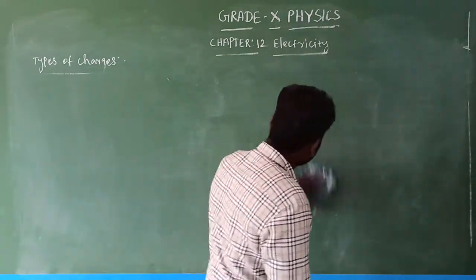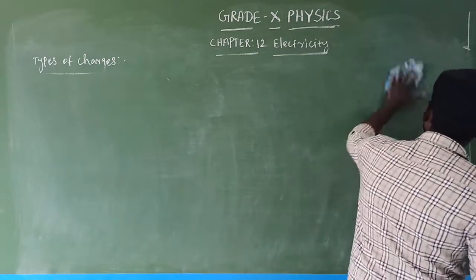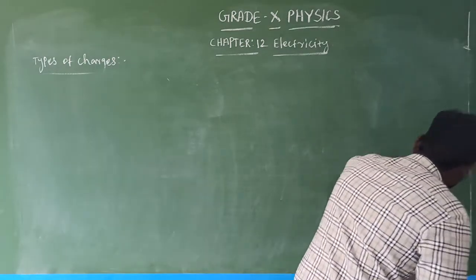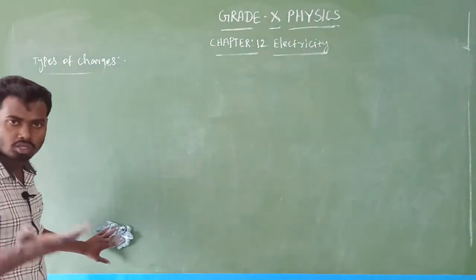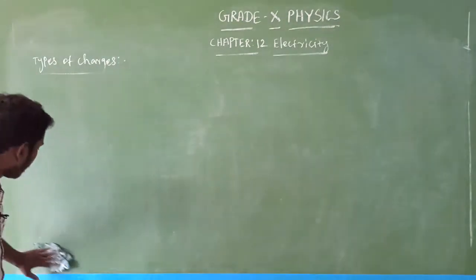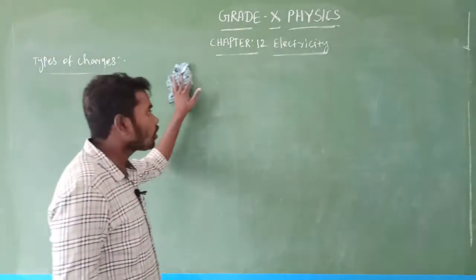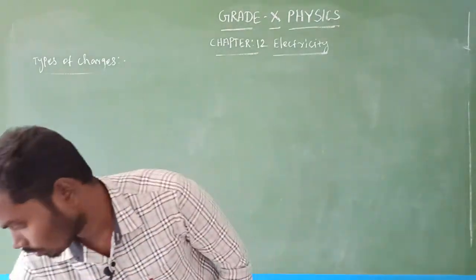So already we know what coulomb is. Coulomb means nothing but the SI unit of electric charge. 1 coulomb contains how many electrons? Do you know that? I don't know that, but I am going to teach you. Okay, yes, look at here.